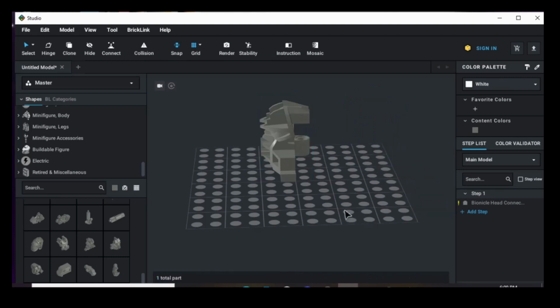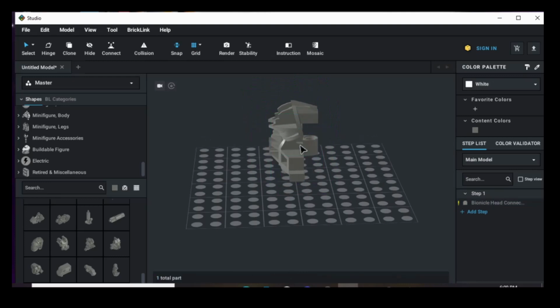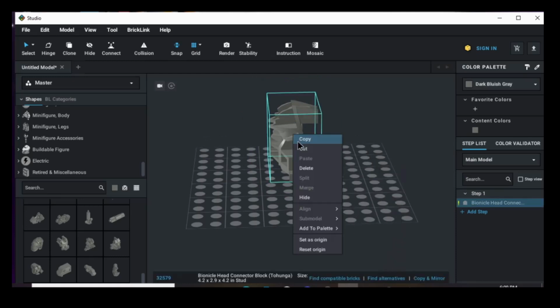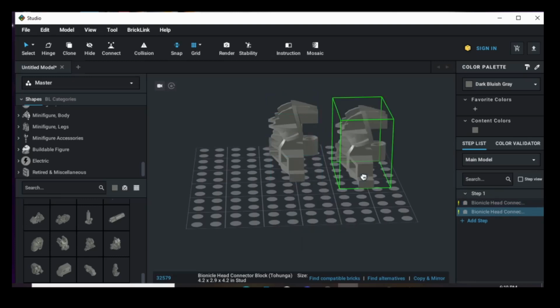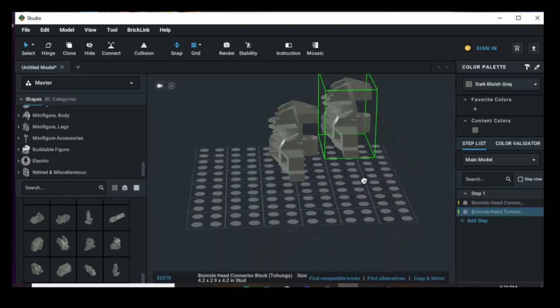So there's two options there. Either press delete on your keyboard or just right click it. And you can rotate. Grab and rotate when you left click it. Left click is selecting, right clicking is options. So if you right click on this, you're presented with all these different options. Now, you can copy, and then you can do Control V to paste it, or you can press paste,